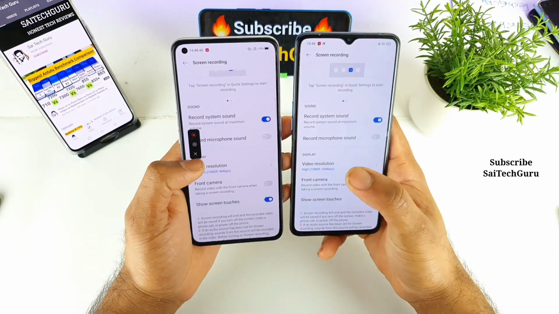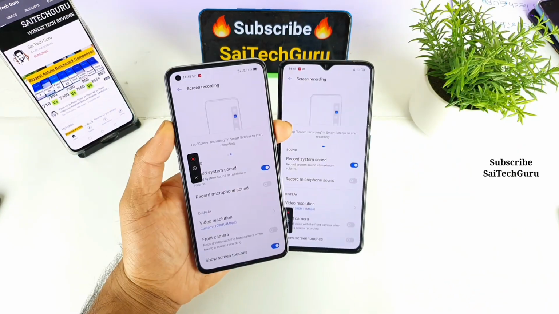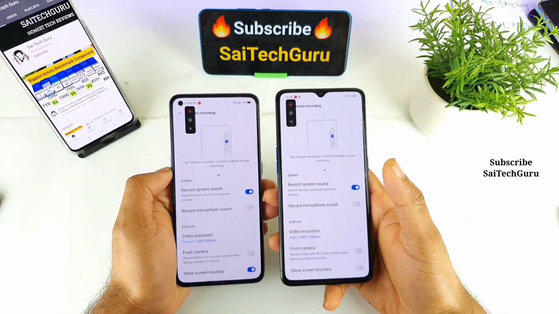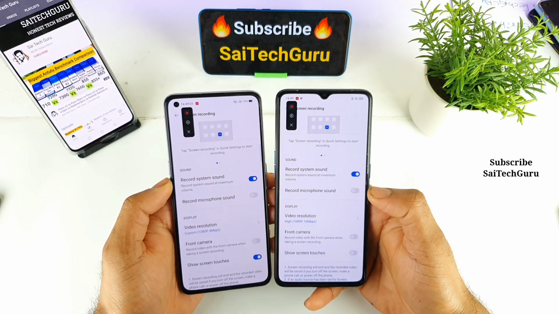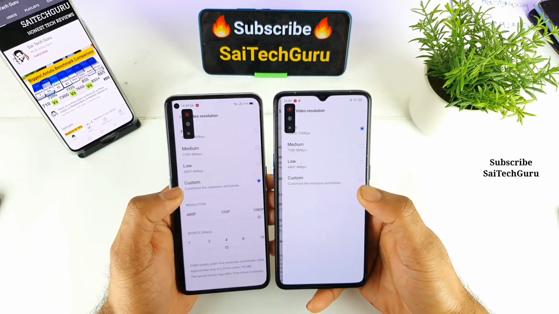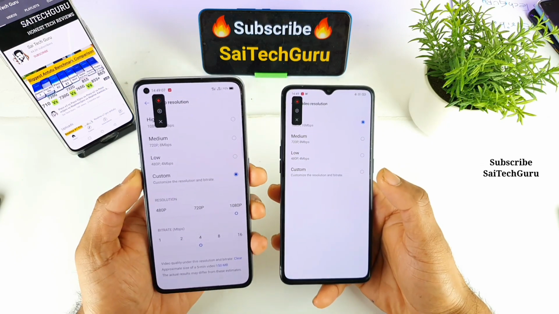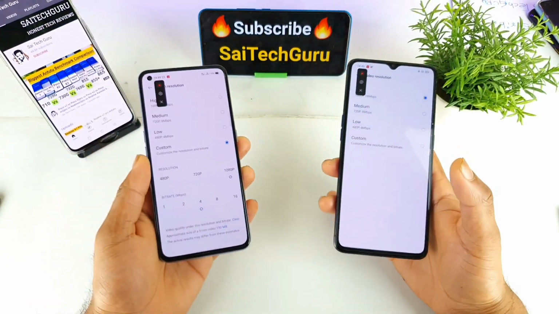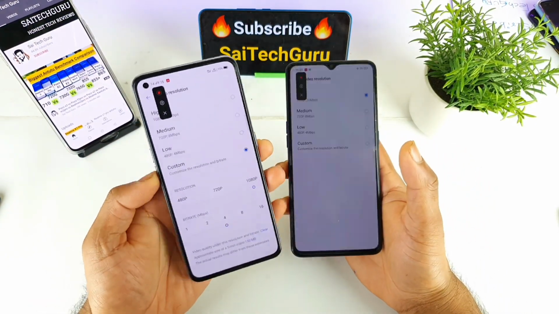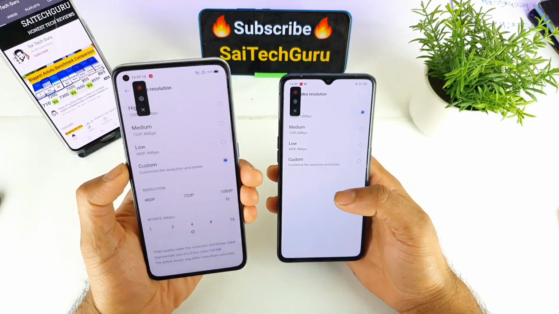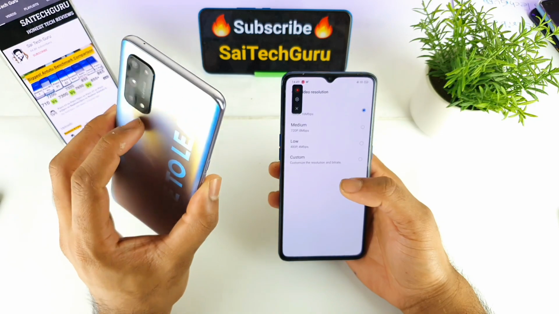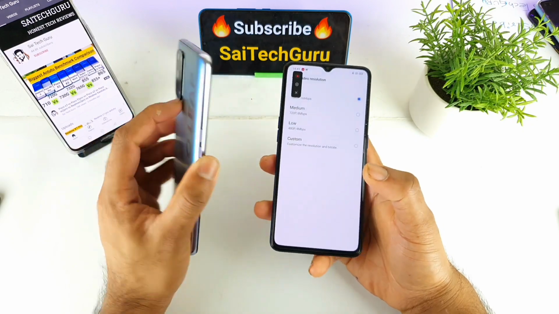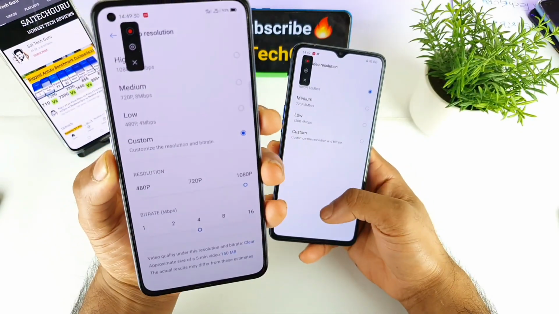So first option, let me try to disable this. Let me move it to the top, so you'll know exactly what features. The first is that recording system sound is available in both phones, and recording microphone sound is also present in both phones. And next is the video resolution. This is where things get interesting in the Realme X7 Pro, friends. This is what I like in the Realme X7 Pro. You do have so much customization, friends, in the Realme X7 Pro device. So much means so much. The customization is next level. I did not find this kind of customization in any other smartphone I'm having right now, definitely when compared to OnePlus or Redmi or Poco. This kind of usefulness is really beneficial for most of the gamers.